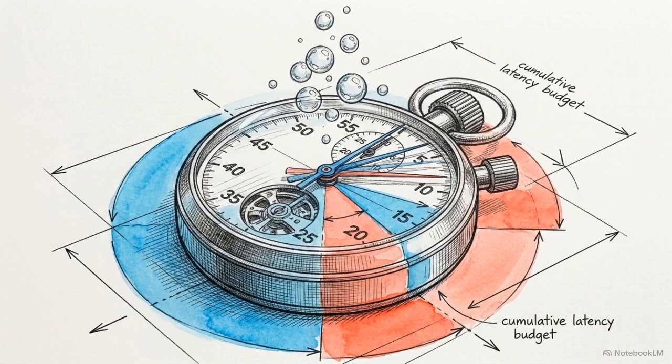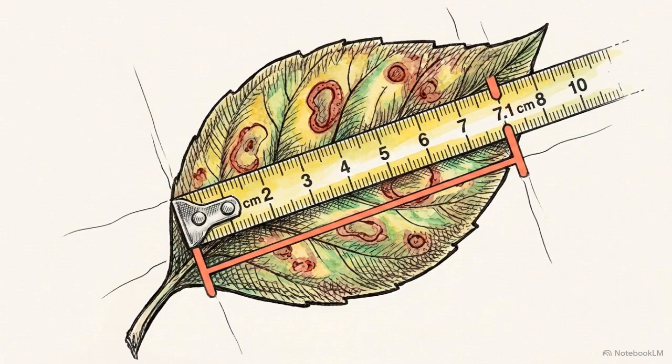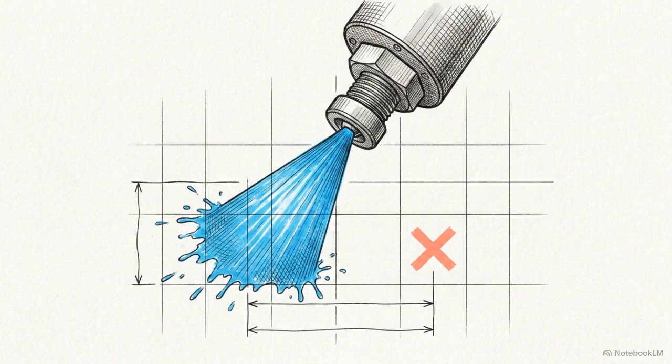The cumulative latency budget sits between 100 and 235 milliseconds of total delay from light hitting the camera lens to liquid hitting the air. This calculation shows the kinetic reality of the system. We multiply the maximum latency of 235 milliseconds by the robot's baseline velocity of 0.3 meters per second. The result is a physical displacement of 3.0 to 7.1 centimeters. That is the distance between the exact coordinate where the AI saw the target and the coordinate where the nozzle